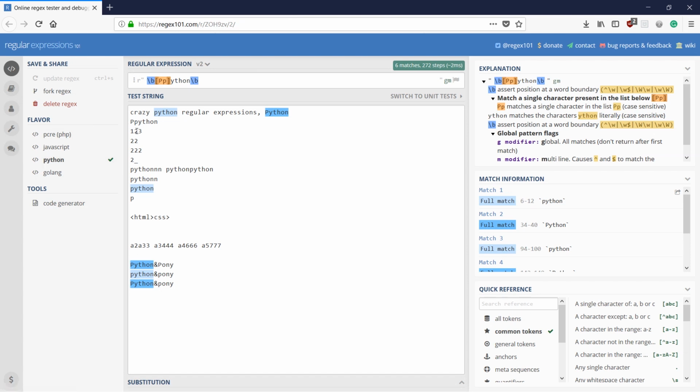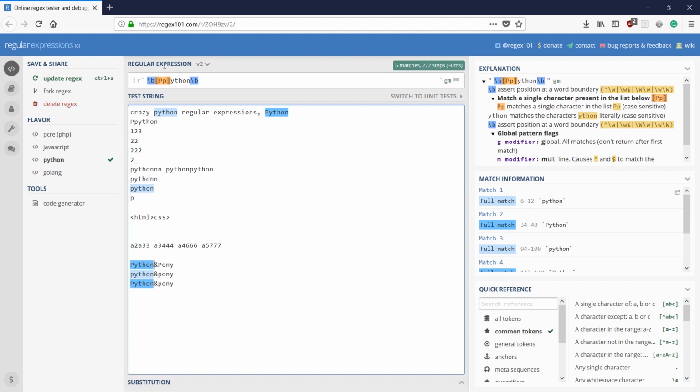For example, here if you see there is Python, but there are two other n's along with it, so it is not matched. But in this case you may wonder why this is matched, because there is an ampersand along with it. But once I enter an n or something, it's going to disappear because it is going to consider only those characters, not these special characters. If I had a full stop or something, then it is again going to match it. But if I have a digit or a character, then it is not going to match because of the